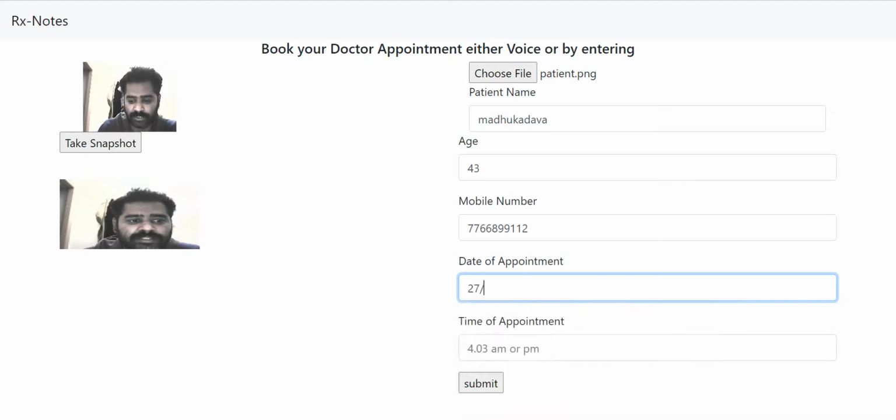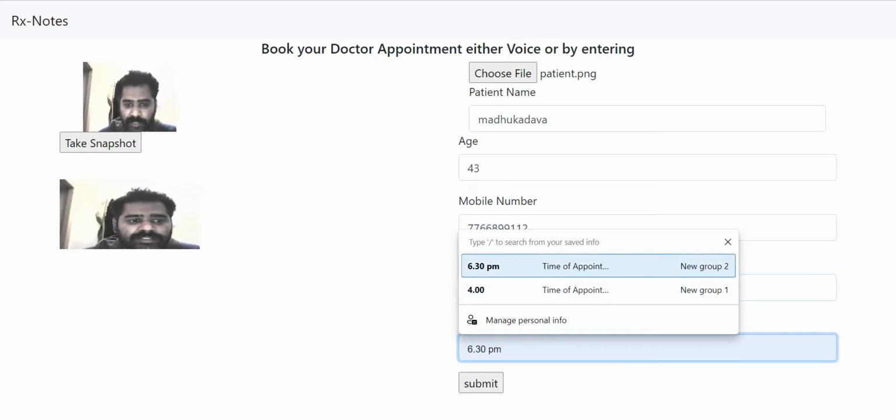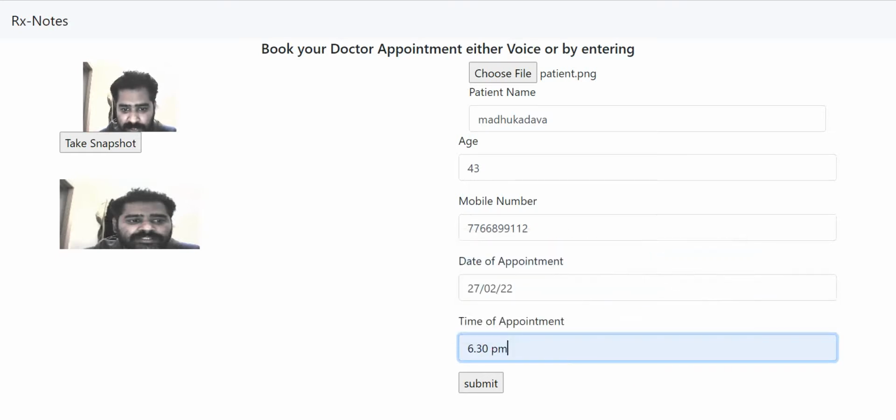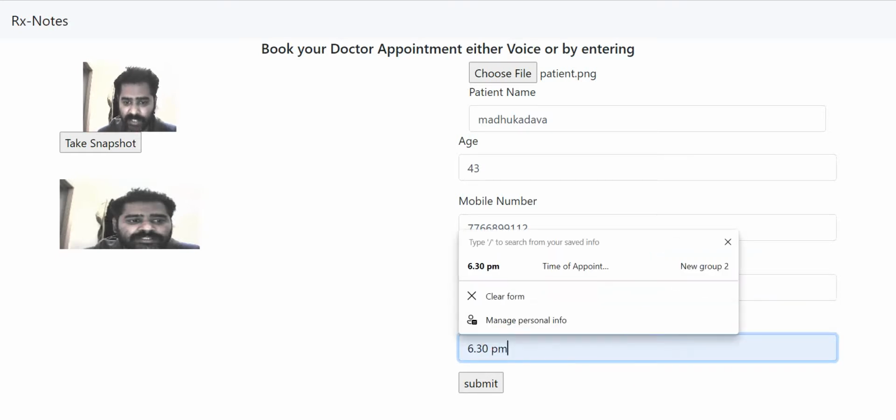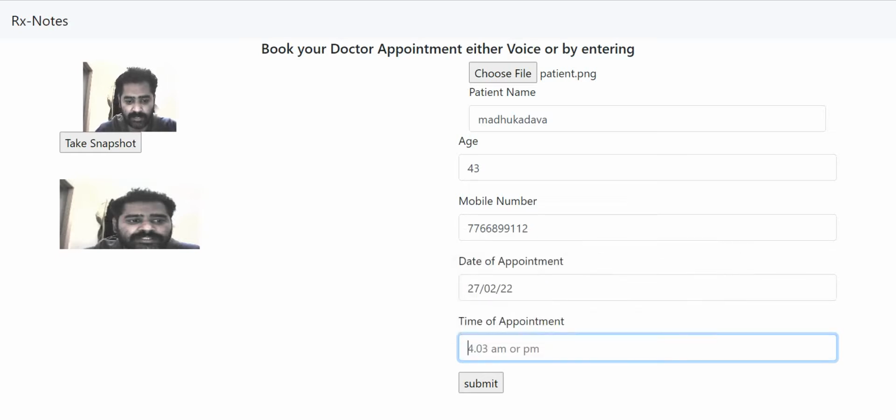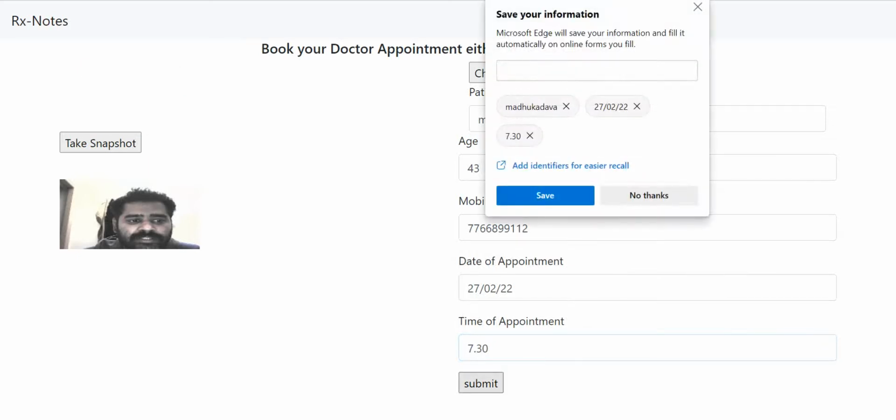I just want to straight away do a prototype, a clickable prototype kind of thing with the functionality. So we'll select the time, 6:30 p.m. is already there, so we'll put 7:30, then submit, save.